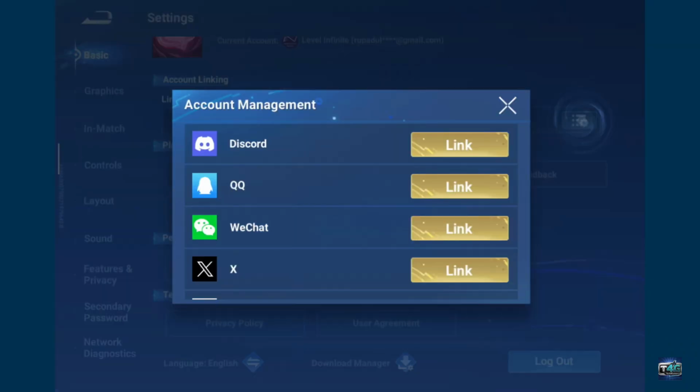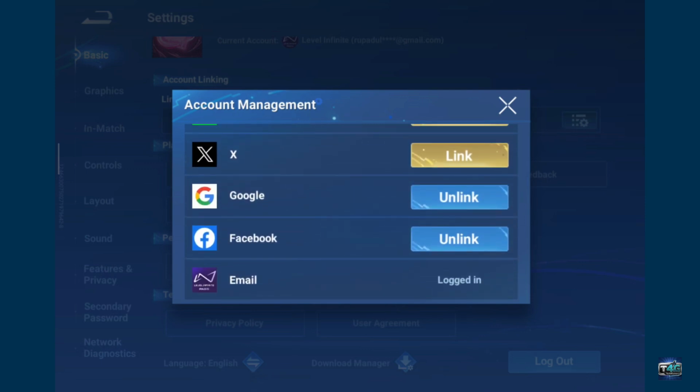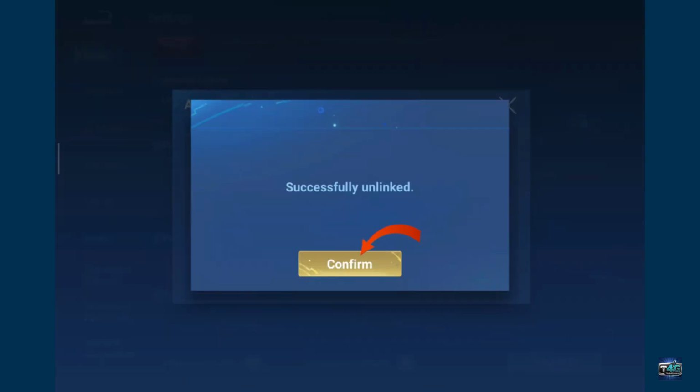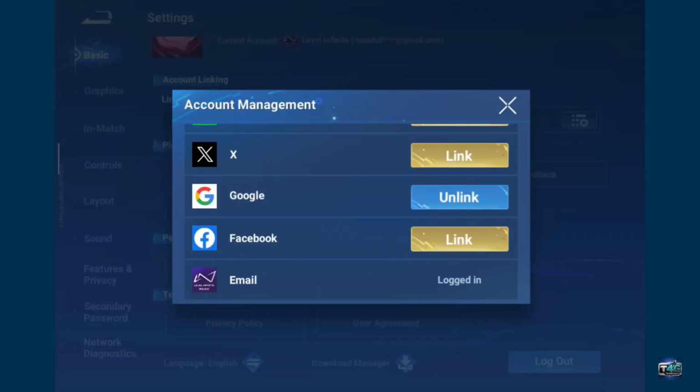link social media account, and under account management scroll down, and if you've previously linked Facebook, then you'll be able to see this unlink button. Tap on it and click on confirm, and that way you will be able to unlink Facebook from Honor of